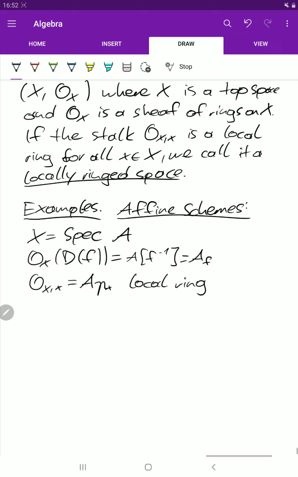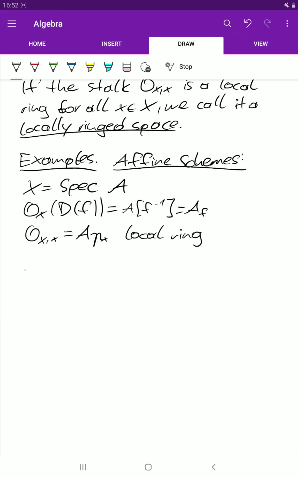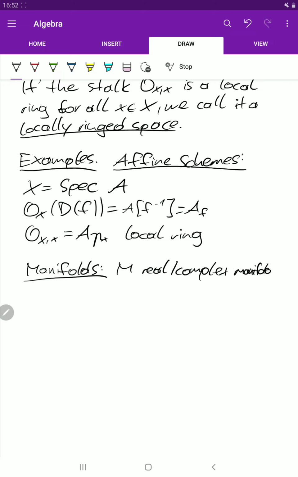And we can also give another example, namely we can use manifolds. You can think of real or complex manifolds. And let's take a structure sheaf.